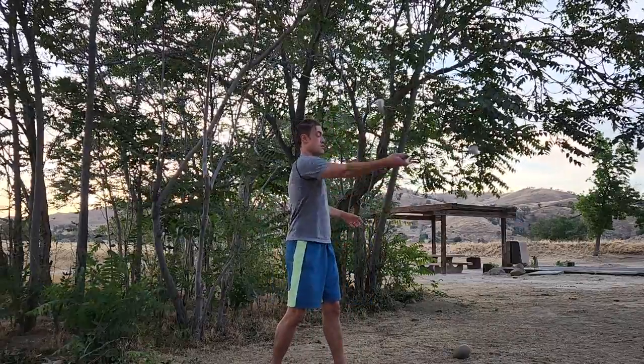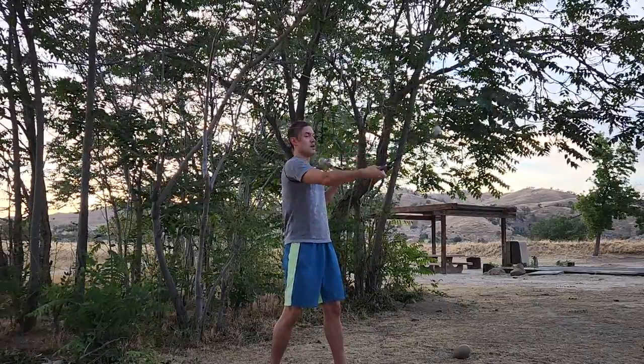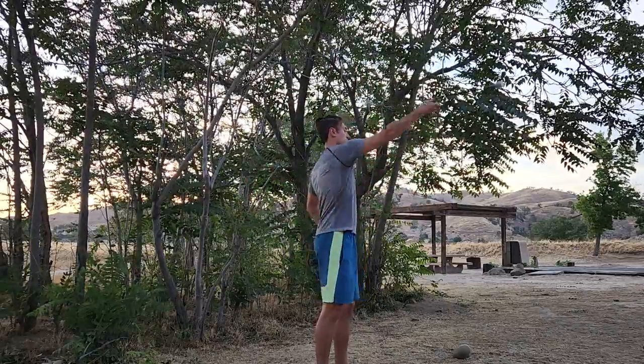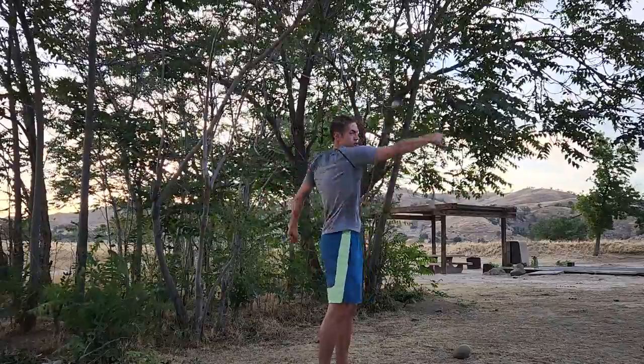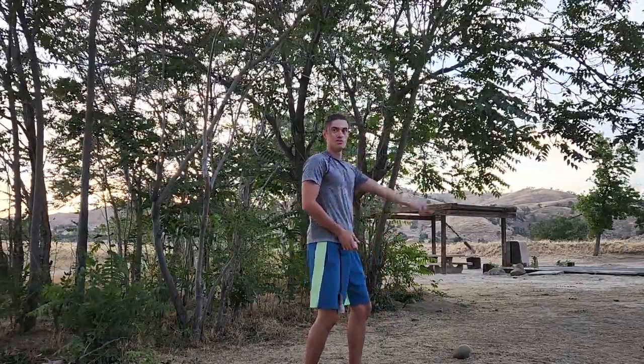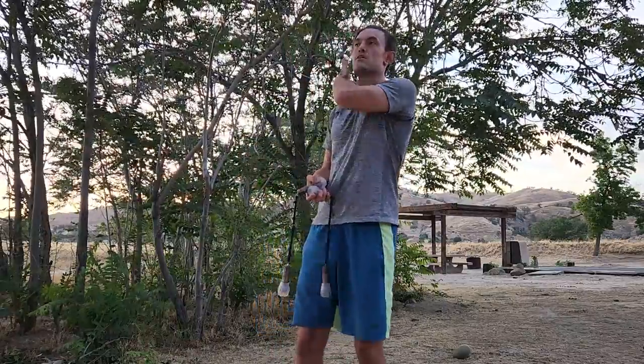So things like once you get a 2-beat weave, and this is the exact same thing as the gunslinger. This is called a meteor fountain, I think, and it's where you take 2 poi and you sit there and do this, and then all you have to do is just one anti-spin with your other hand, and it just looks awesome. But this is the only hand that's doing anything complex. This hand's over just doing a regular anti-spin. But actually getting that meteor fountain with one hand is kind of difficult, but hopefully that gives you some foundational stuff to go from,